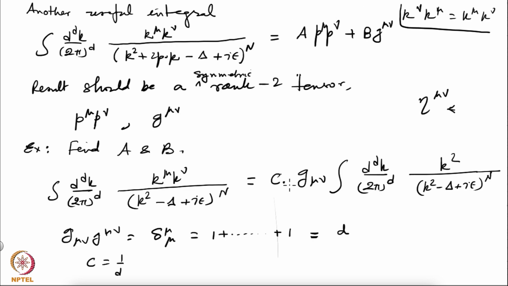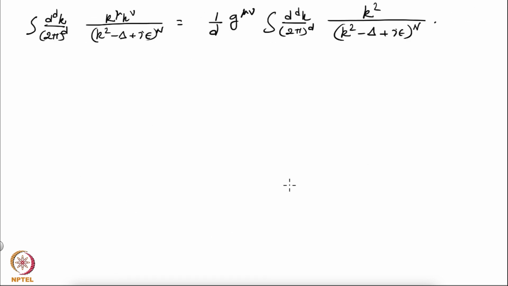Okay, let's continue from where we left last time. So we will work at one loop. And suppose we get the following integral from some Feynman diagram that you are calculating at one loop, which is